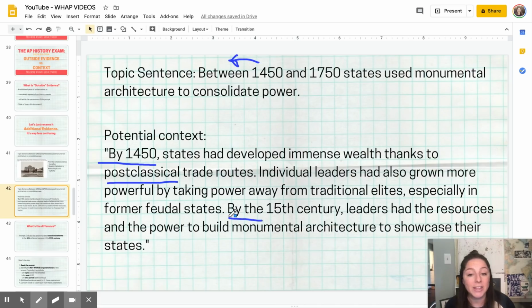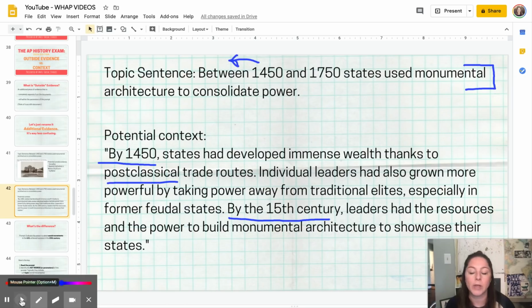By the 15th century, leaders had the resources and the power to build monumental architecture to showcase their states. So context is you zooming out and helping the reader understand how we got to this point, right? How do we get to this point where starting in 1450, states are building these huge palaces or whatever to consolidate their power? So you're sort of zooming out, and that can be zooming out either in the time period or, like we'll see later, it could zoom out to a different part of the world